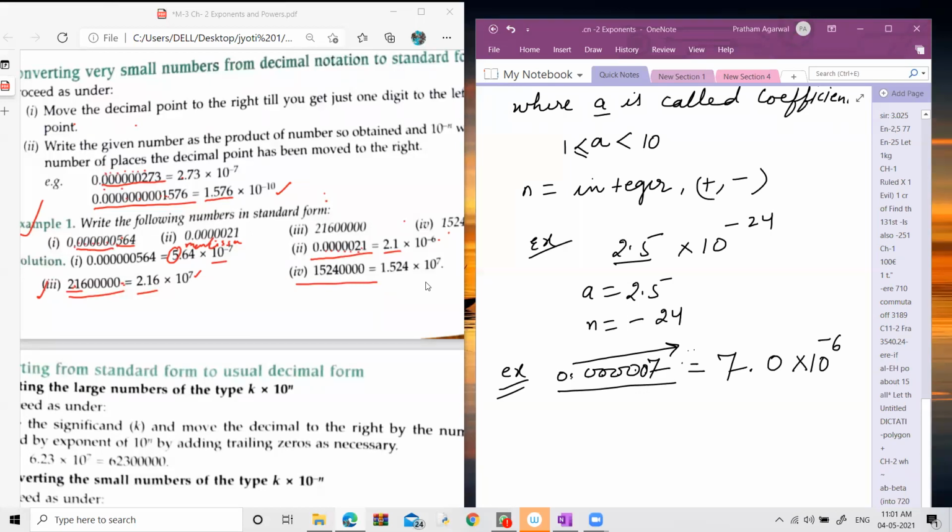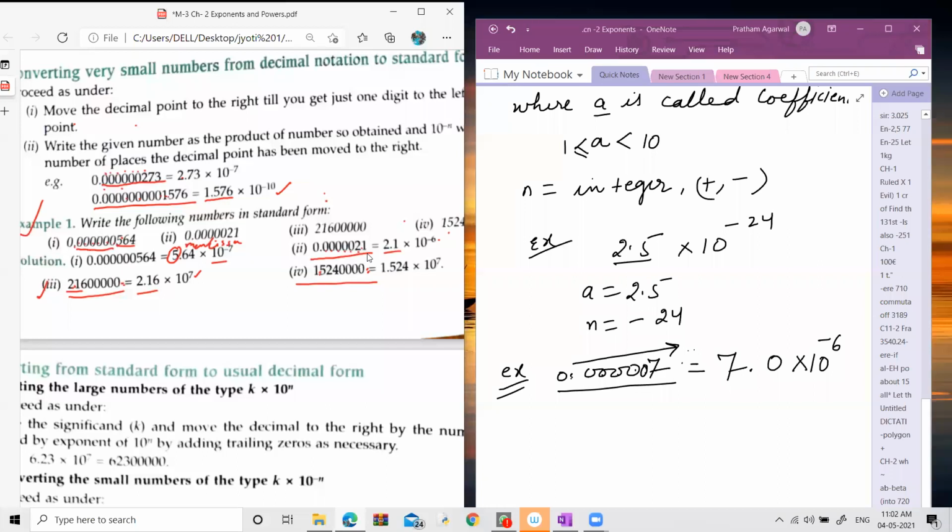Don't worry. Yes, Ishika, it is a larger number because there is no decimal. So now what do we have to do? We have to put the decimal just after the first digit. The first digit is 1, so we have to shift the decimal here after the 1. But here there is no decimal. The decimal is at the end after the last 0. So we have to shift this decimal from here to this point.